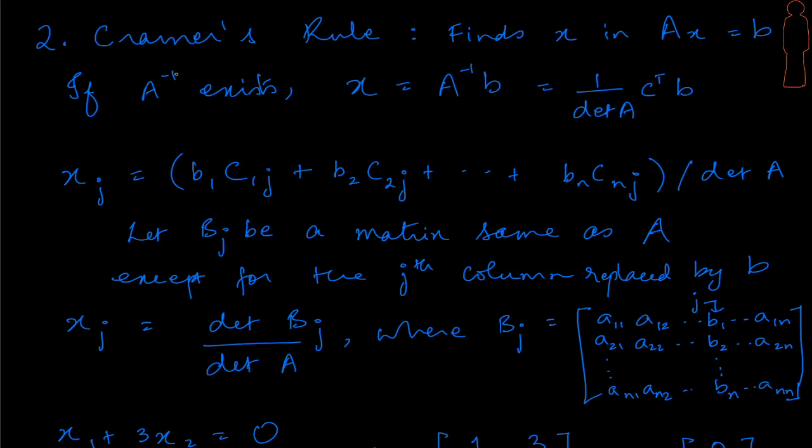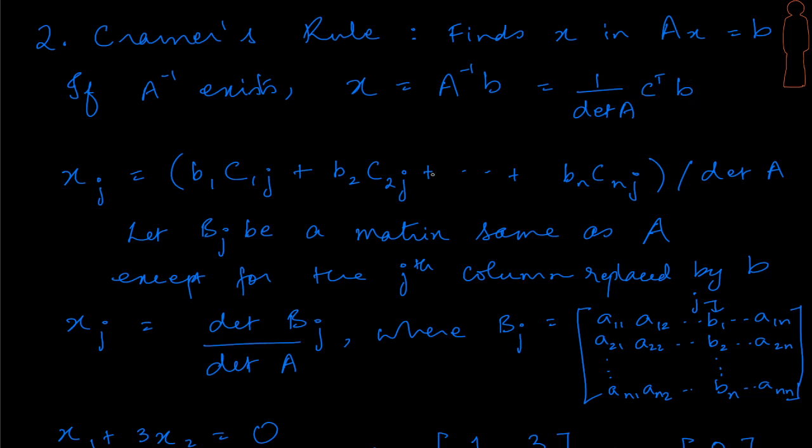We know that if A inverse exists, x has got to be A inverse times B, and the previous application tells us A inverse is nothing but C transpose divided by determinant of A. The interesting part is going to be to look at C transpose B for a specific component of the x. Let's look at the xj component here and see what we will get from C transpose B for the jth component of my solution x. That is going to be the jth row of C transpose times the B vector.